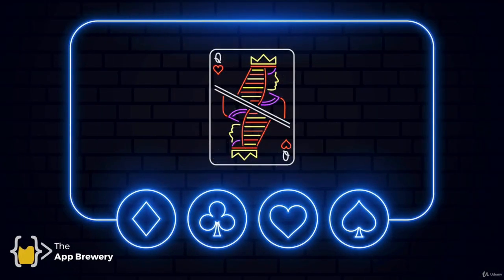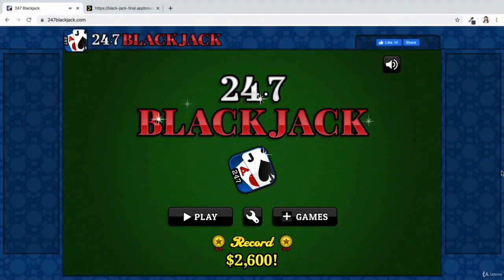This is probably going to be one of the hardest things you'll build yet, but at the same time, the end result is also going to be the most fun. The final project you're going to be building is Blackjack. And if you head over to